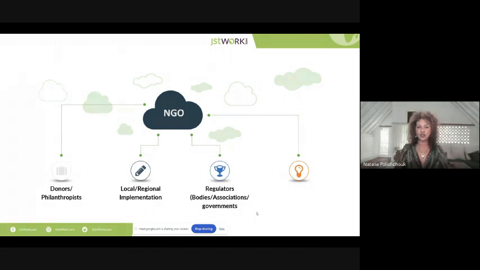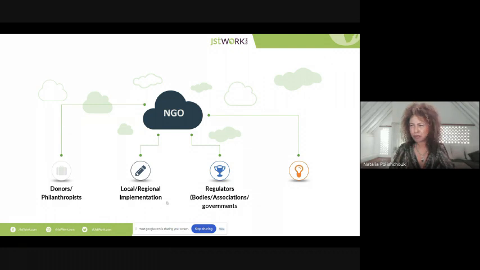Let's look at NGOs, again, in a bird's eye point of view. You have the money, the donors, the philanthropists, those that have the money. And not all NGOs are funded. Some of them are funded by government, some of them are funded by philanthropists. But either way, you have first the pot of money. Then you have your either local or regional people that implement. If it is emergency supplies, they're giving medical supplies, maybe they are giving them water. This is where you are looking at companies like, is it Mercy Corps? They're big in implementing. And then you have a lot of bodies,